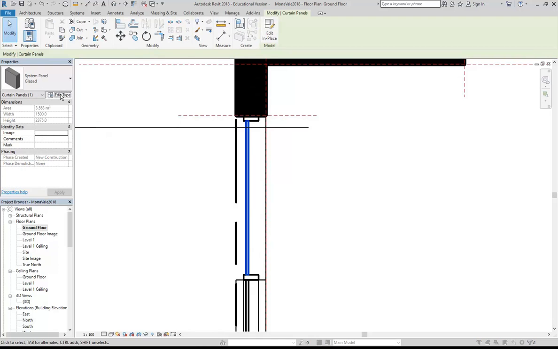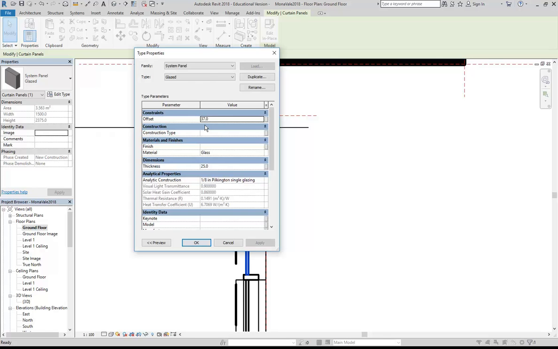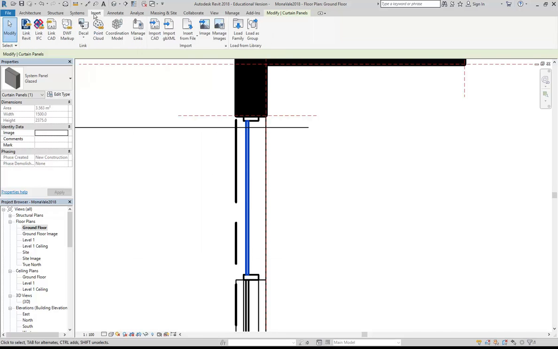go to edit type, and here you'll see one of the little bugs with Revit. It's an easy one to get around, but you'll see at the top that the load button is greyed out. It shouldn't be. It's just one of these things that happened with, it was 2017 or something, that started to happen. So to resolve that, you can simply go to the Insert tab, Load Family,